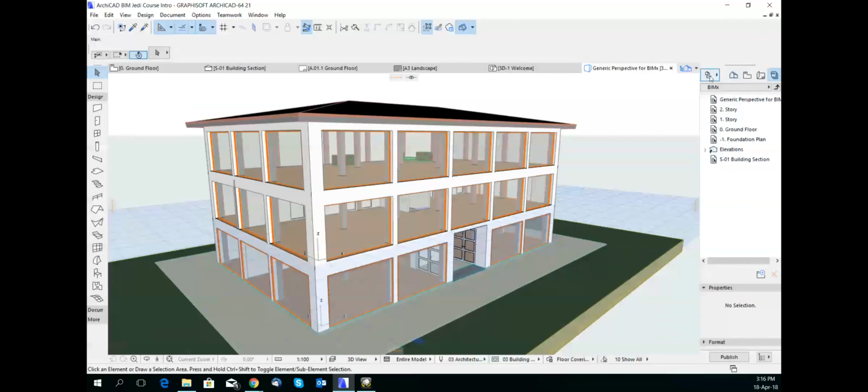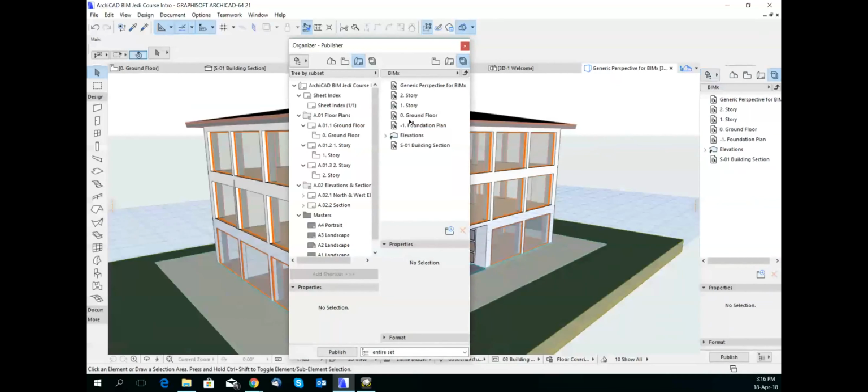If we go into the organizer, you'll see that these are all set up for BIMX. And if I publish this entire set,